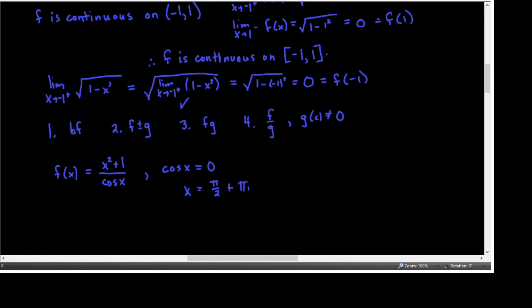This is one way to write odd multiples of pi over 2. Another way to write odd multiples of pi over 2 is to say 2n makes any integer even. Any integer times 2 is even. If you add 1 to an even number, it's odd. And that odd number times pi over 2 is a way of saying odd multiples of pi over 2. And the expression on the left is really the same thing if you just distribute the pi over 2. They're the same. Okay, so this one, f of x, would be continuous for all real numbers